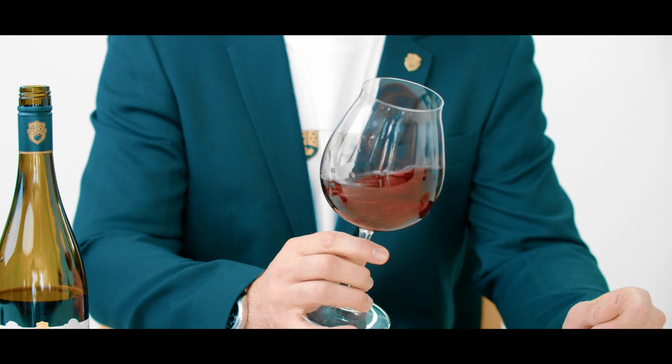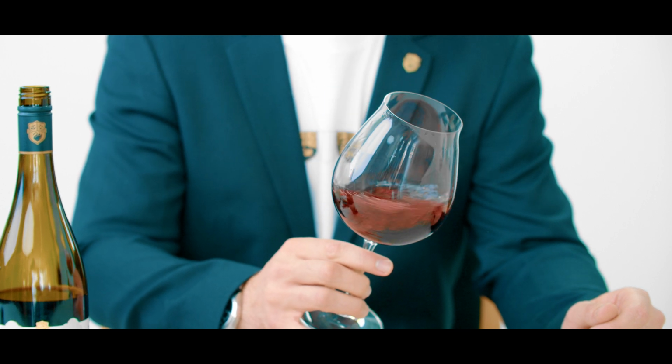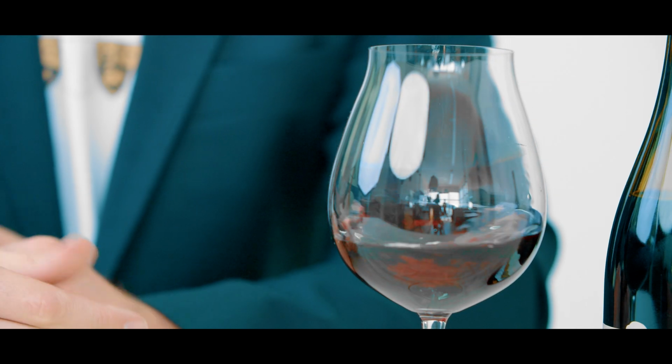The nose is really recognisable as Marlborough, and especially that Southern Valleys sub-region. It's got lovely aromatic florals, but also that intense cherry characteristic, really dark, delicious cherry and a bit of subtle spice behind it. On the palate, this wine has much more depth than you expect out of some cool climate